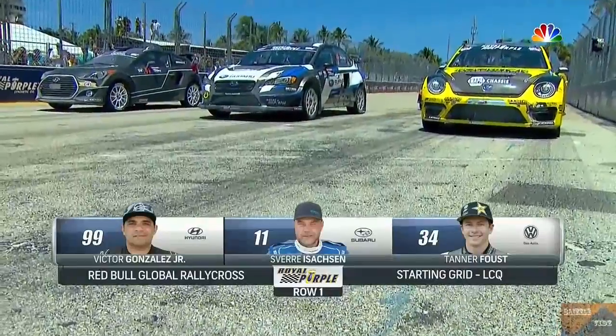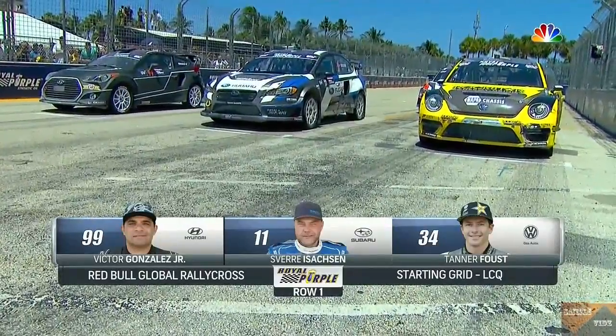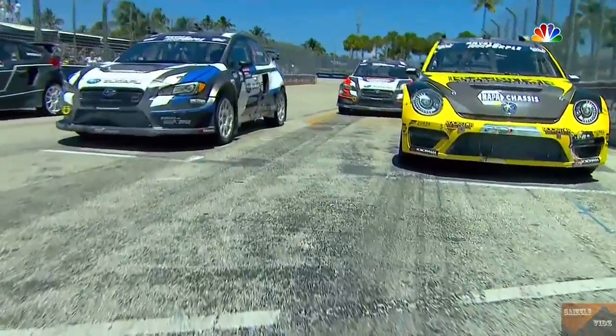Yeah, get the pressure right. All right, let's go to our Royal Purple starting grid for this last chance qualifier. And it kind of feels surprising to say Tanner Faust. Yeah, we really did not expect that at all. He's been so quick in practice, but he just had a little bit of misfortune, so that has not gone